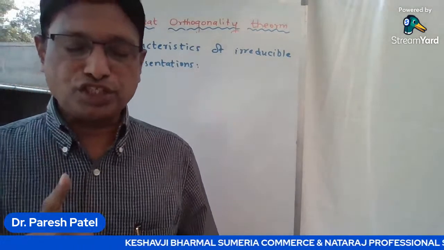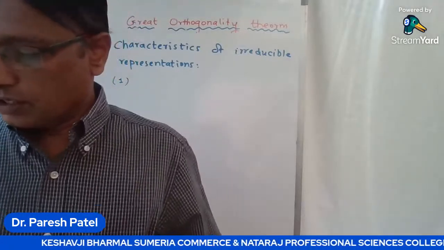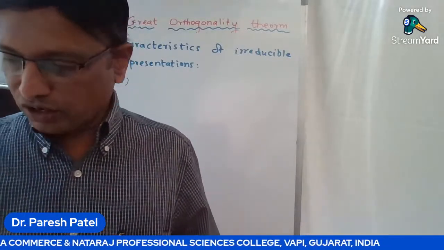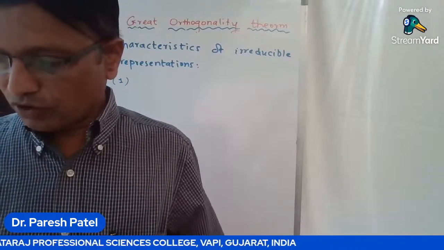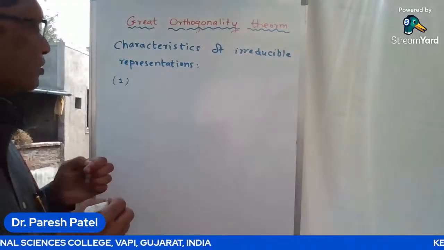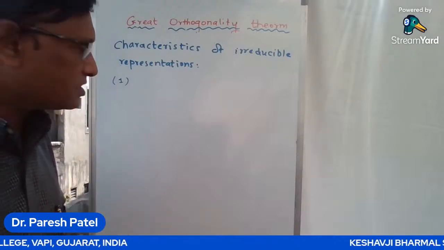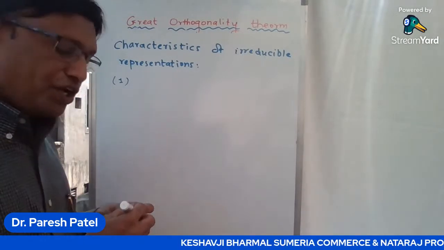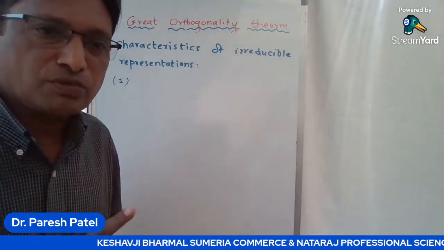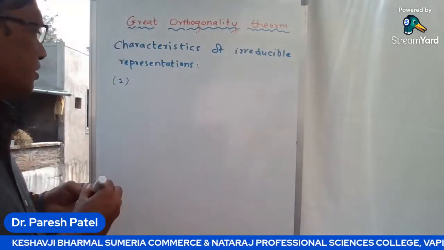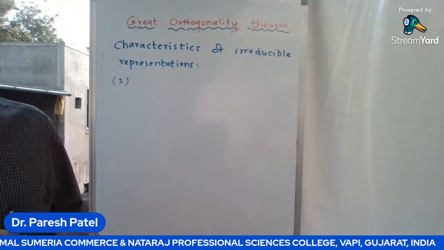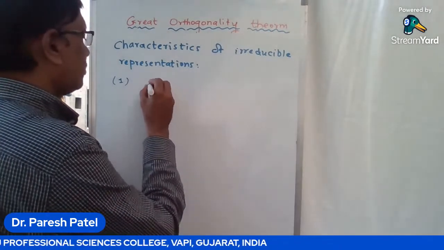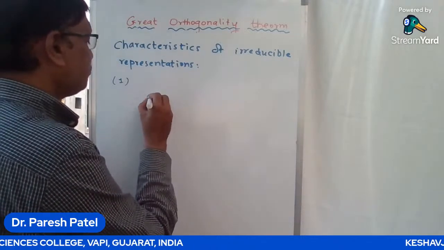The number of irreducible representations of a group is equal to the number of classes of the operations of the group. So the first characteristic represents the number of classes. The number of irreducible representations is equal to the number of classes of that group. So we can represent, in the case of the C2v point group,